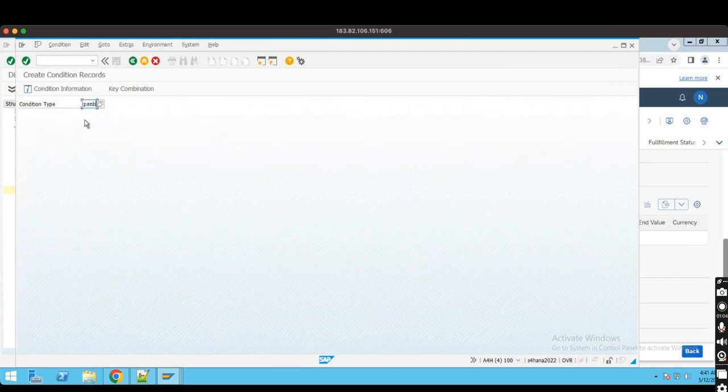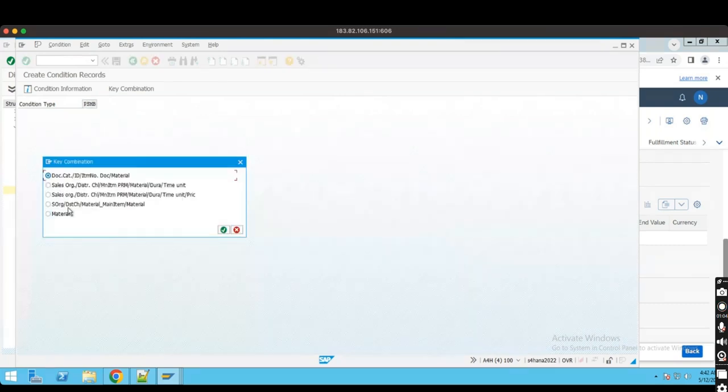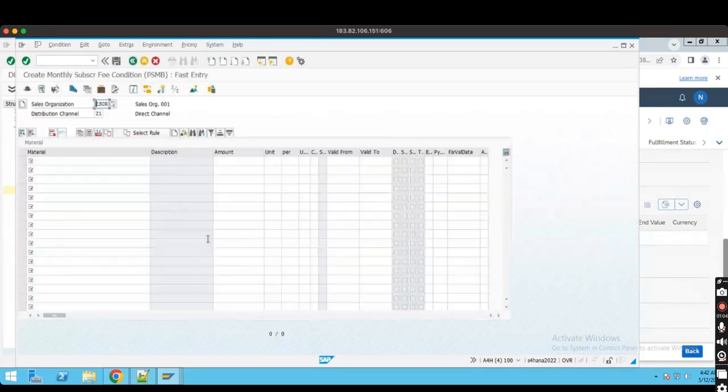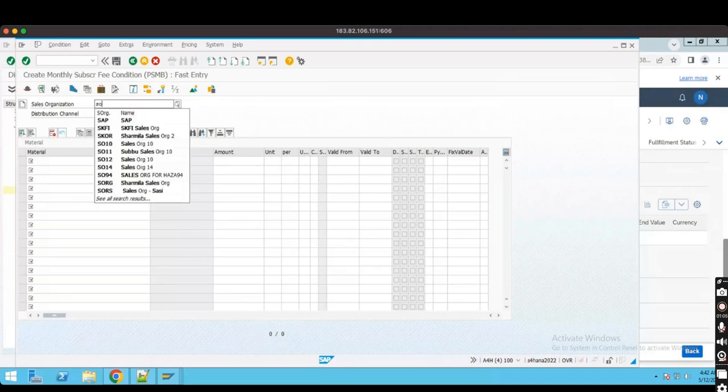Click on enter. It gives us a list. Where are these coming from? These are our access sequence, the different accesses or different tables that we have defined in the access sequence. So for a material, I'm entering the data. What is our sales organization? SO14, and the distribution channel is 14. So for this combination,